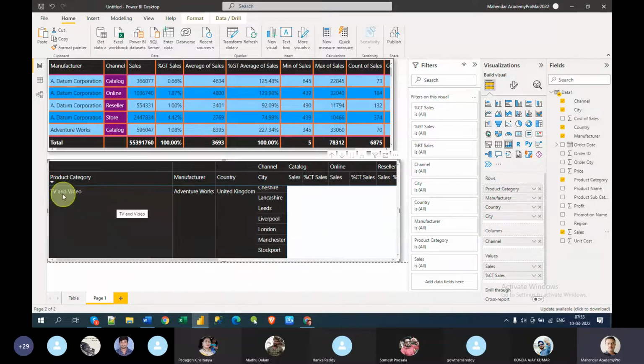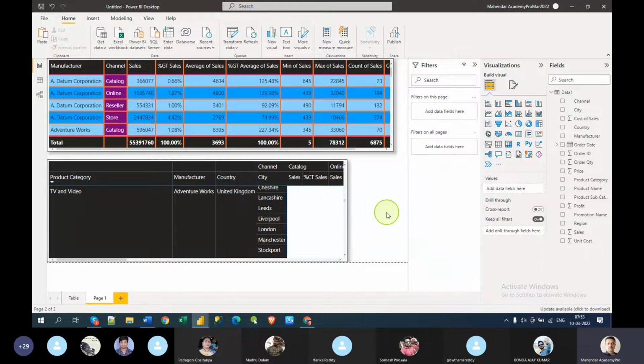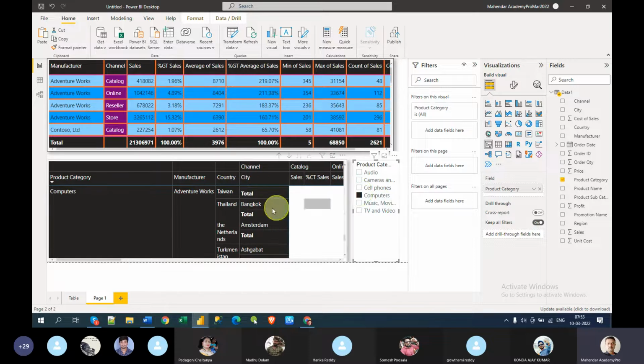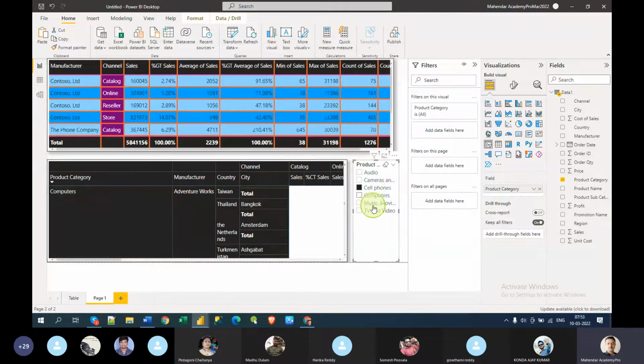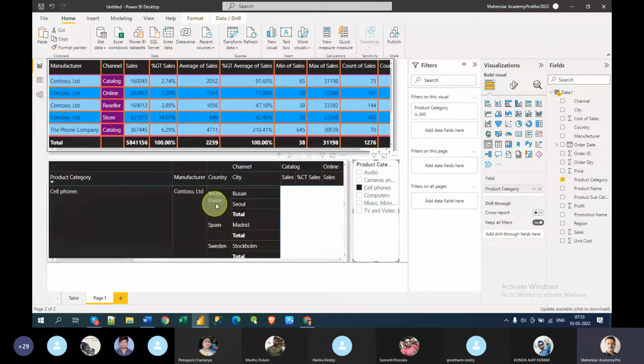But here there's no collapse and expand button, but this will be useful with a slicer. You can bring a slicer here and put some manufacturer category there, and then click on that. So you will see computer related product category and cell phone related product category, and at the same time you can also see all of them.